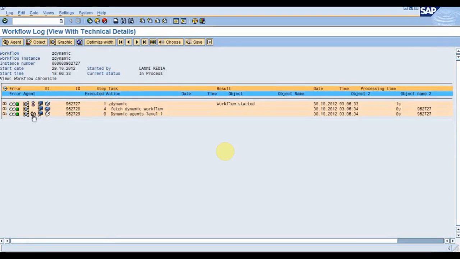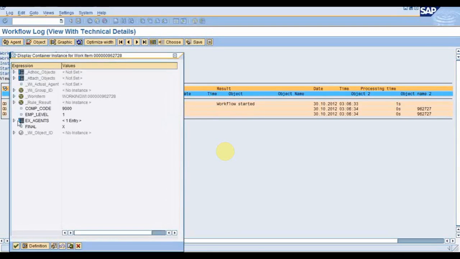No, in this fetch dynamic workflow, which was the activity step, we were having one method called fetch dynamic. So here this method was actually responsible to fetch this X agent. In the container element, you can see here we are having one entry called USLKDIA. We have passed 9000 as the company code and the employee level as 1.